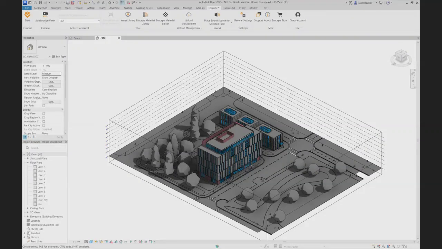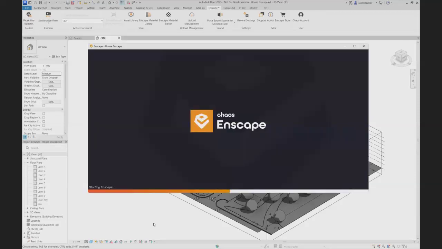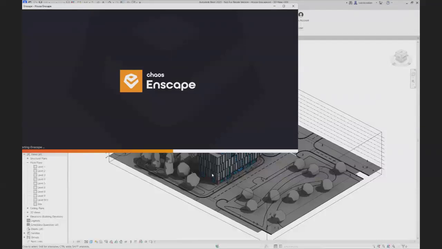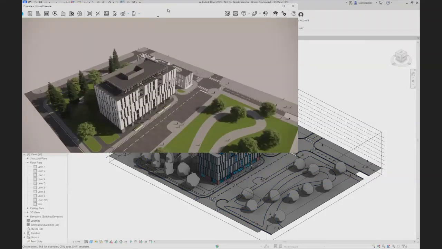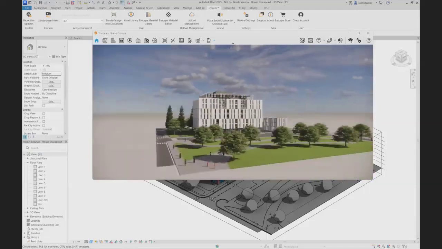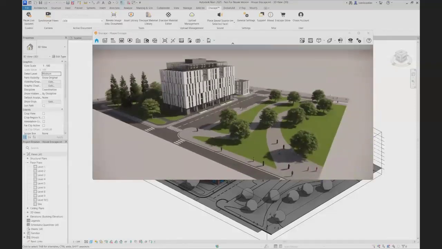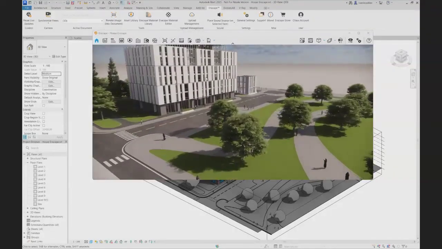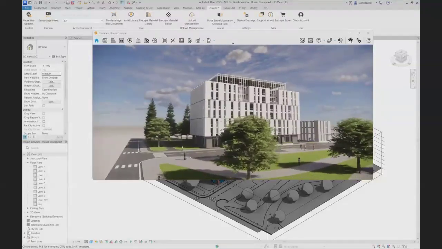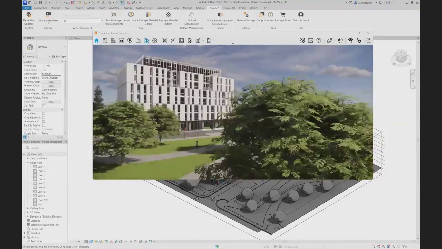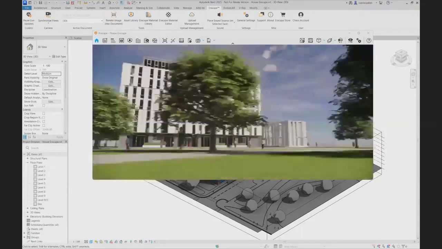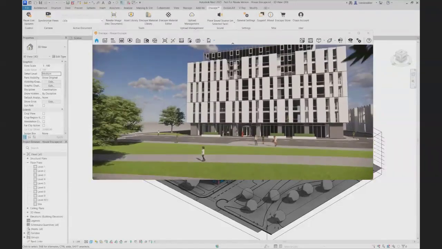It will take a moment to load everything. We can see that it's loading very fast. Here we can see the model we have, and just in a second, okay, it will be loaded. Here it is. We can navigate just like in a game, so it's really easy to use. We have the lighting, everything is already rendered, as I mentioned. We don't wait to render anything, everything is already presented, and we can start using it. So this is the easiest way to create beautiful images, and we can always export images, animations, or something else.